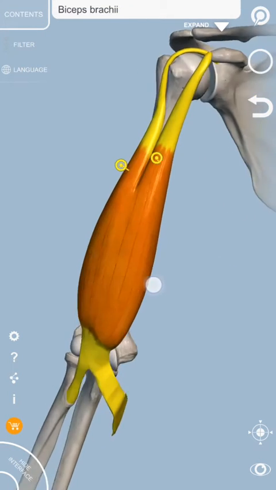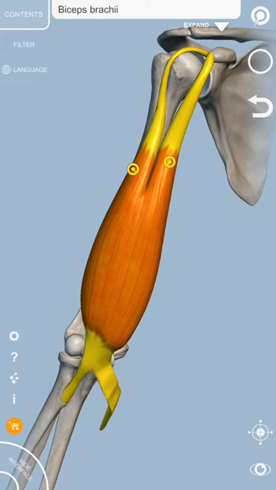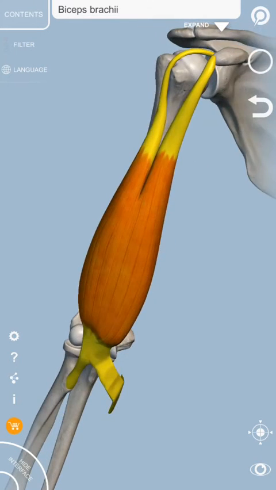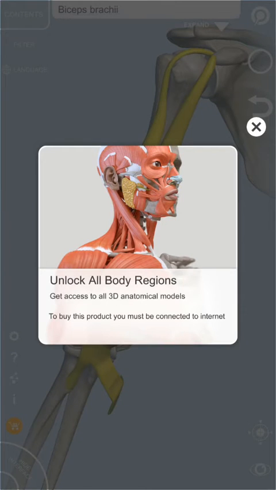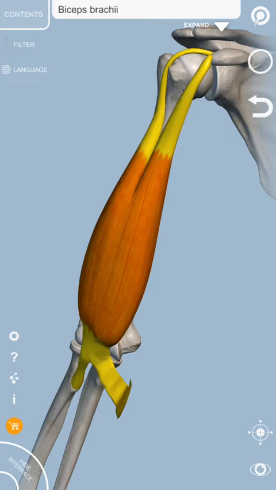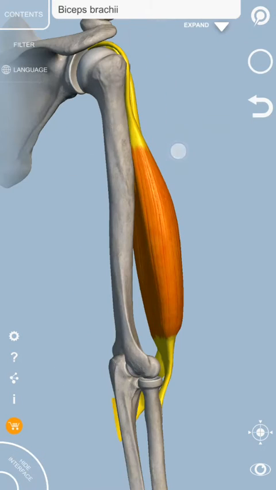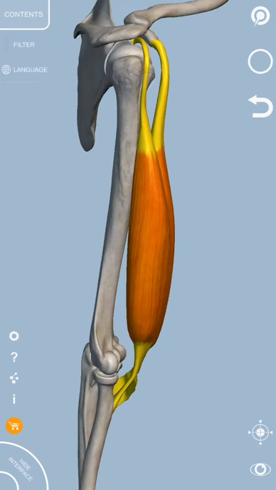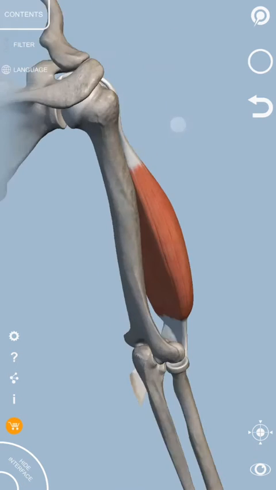This is the biceps muscle. Bi means two and ceps means heads. Here you can see this is the short head, this is the long head of biceps, and they form the fusiform belly of the biceps muscle. The short head arises from the coracoid process. This is the coracoid process, and the short head arises from it, whereas the long head tendon originates from